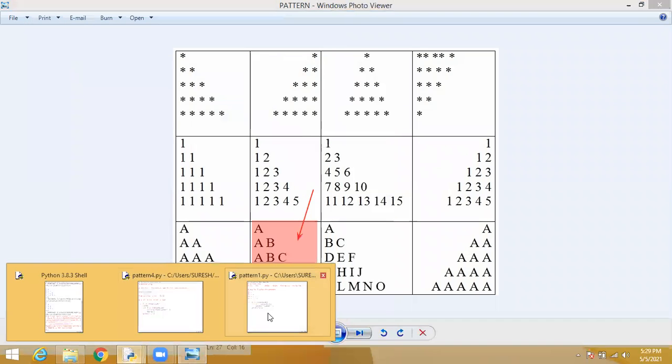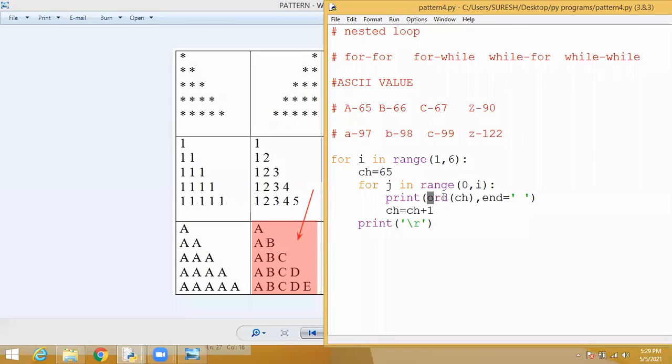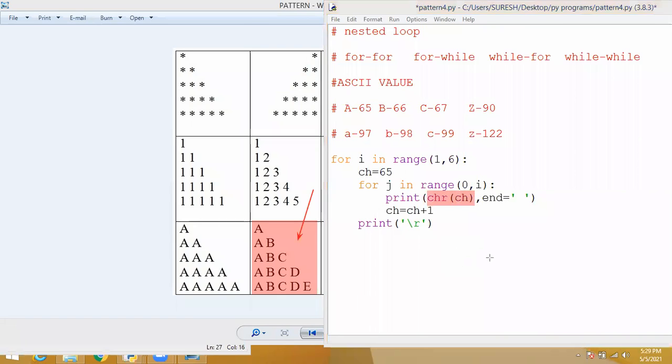Yes, chr, the character function. I did some mistake here, students. Ordinal gets the value for the character, and chr is the function for the other direction. Everyone note it down: we are having two functions interrelated. The chr function gets the character, that alphabet or character, of the particular integer value. The ordinal function gets the integer value for the character. Both are interrelated, reversible.